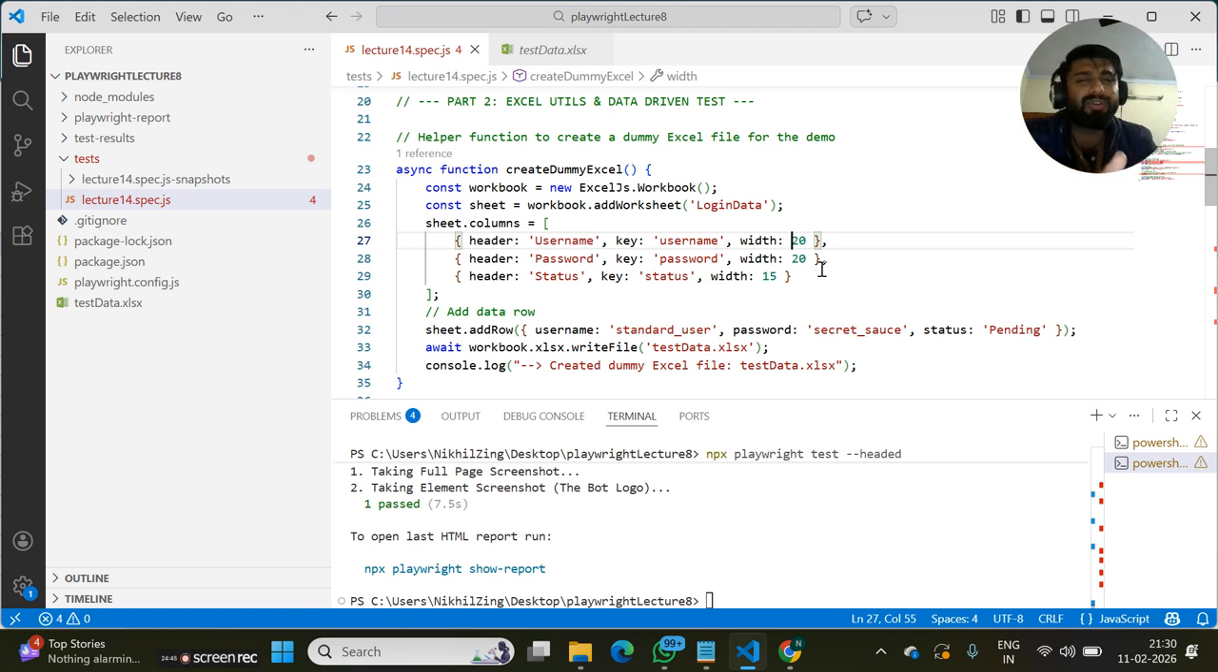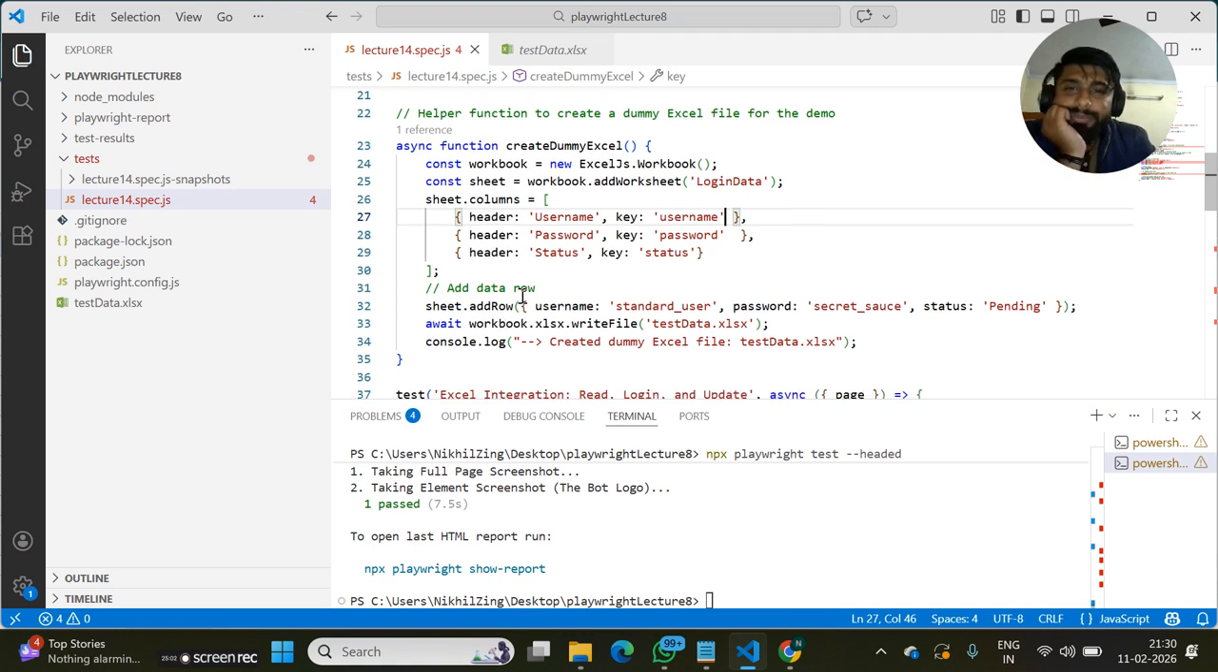Okay, and to be very honest, this width actually doesn't matter, and I'm pretty sure that even if I remove it, it should work. Okay. Let's try removing it and see if it works. Okay. If it doesn't work, I will check. All right. So now